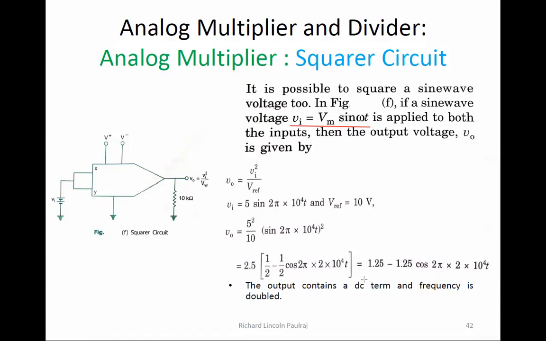That's going to remain. This portion that you are seeing here is a DC term. And the frequency is also doubled, so I have 2 times here. So ultimately, I am able to utilize the multiplier circuit as a squaring circuit. Because the 2 comes here, and there's a DC term, I'm able to apply the rule of squaring here.